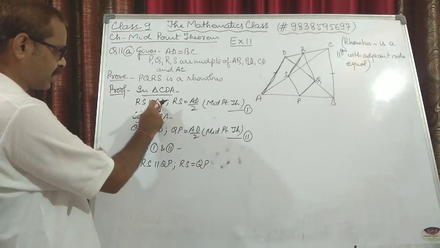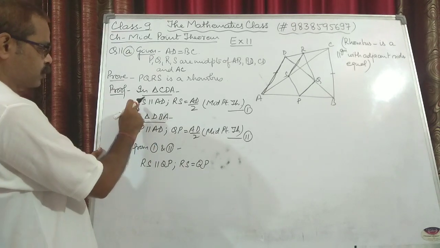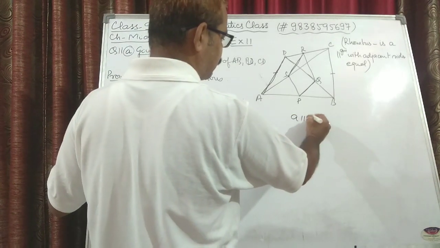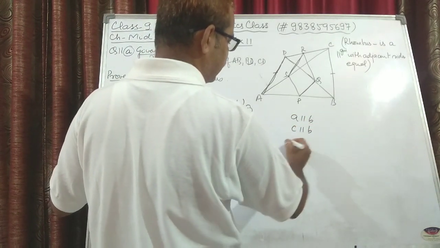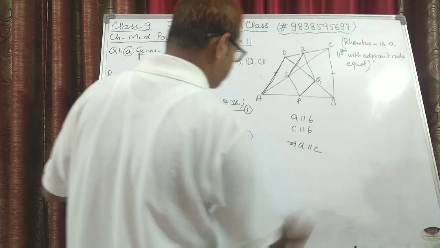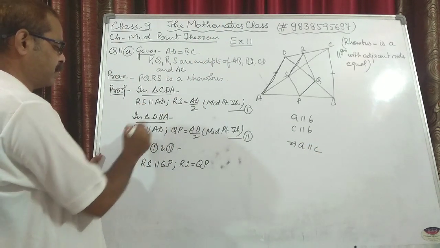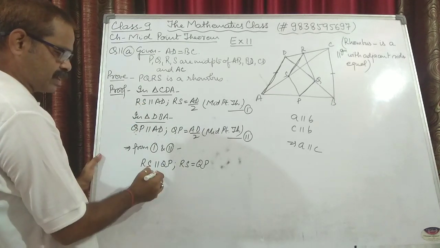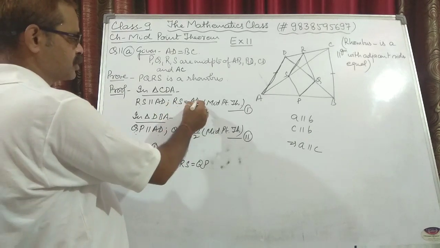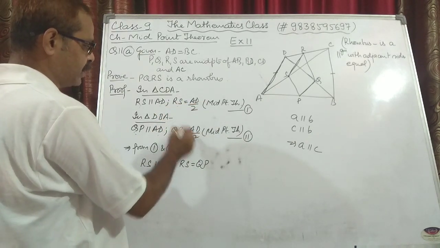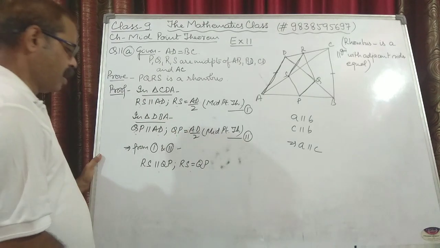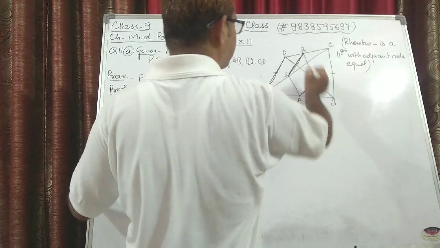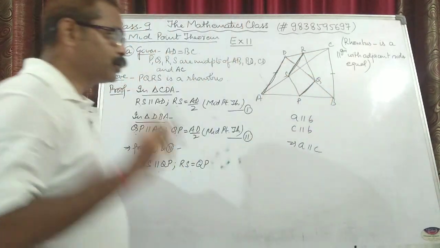Why? RS was parallel to AD, QP is parallel to AD. If I say A is parallel to B and C is parallel to B, it implies that A is parallel to C. So similarly RS is parallel to AD and QP is parallel to AD, so we can make out that RS and QP are parallel. So that is the result. Similarly RS is equal to half of AD, QP is half of AD, so RS and QP will be equal. Now we can see that this side RS and QP are the two